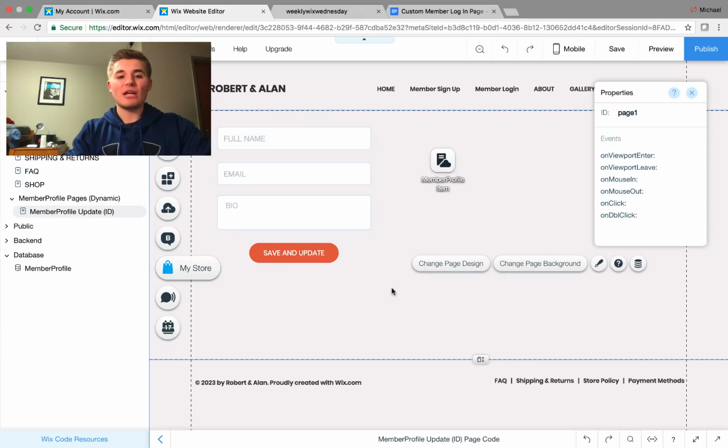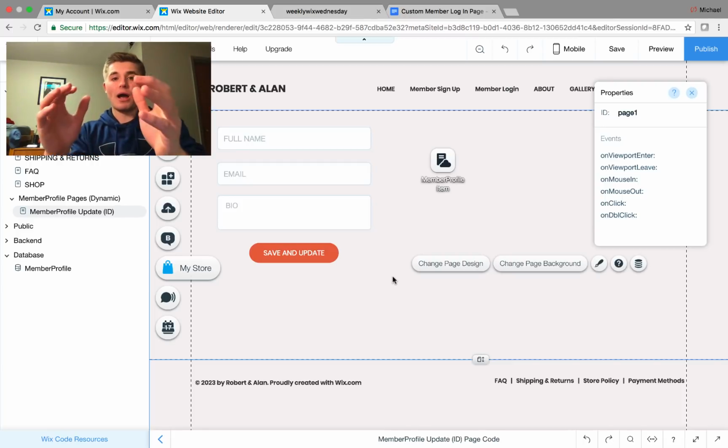So once you have that set up, you now have your dynamic page set up, so that way when a user inputs information here, it will be submitted to the database, and then once you come back to this page, because it's technically the My Profile page, that information will be displayed in these little fields as follows. So now that we have those two prerequisites out of the way and you know how to create your database and then your dynamic page,